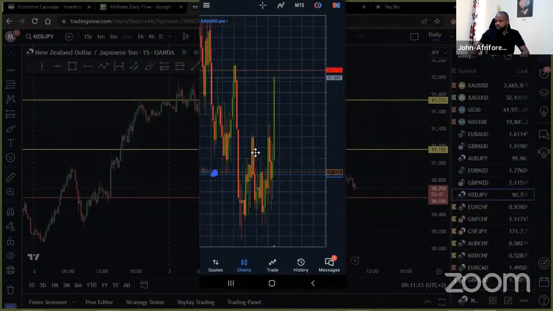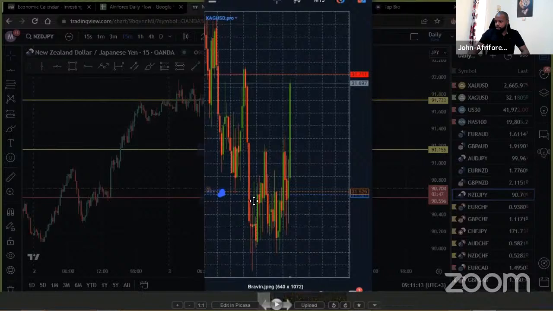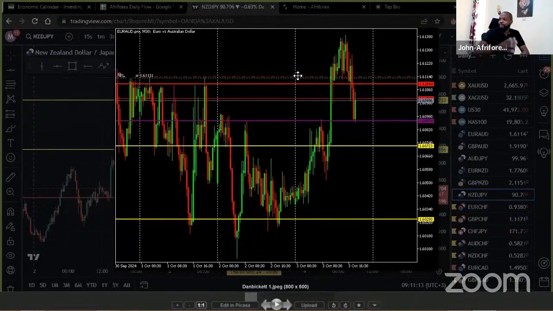So we also did get a screenshot from Bravin. This is on silver. So I can see that you got a buy down within here. Stop loss already above your point of entry. Market moving up in your favor, which was good. Hopefully you watched out for these problem areas right there. But also when the market was somewhere within there, maybe your stop loss could have been just a bit higher. But of course, in terms of where you got the entry, this wasn't bad, especially if you got it after the market broke to the upside, pulled back in within this region. Then that's where you got the buy. Then that was really good. But this is some really good trading. Not really too worried about how you ended up or finished off that trade, rather.